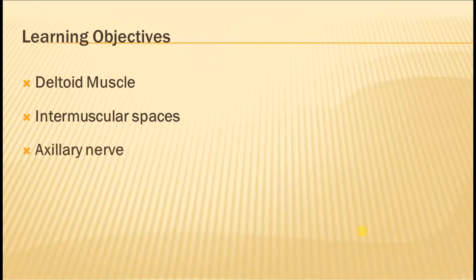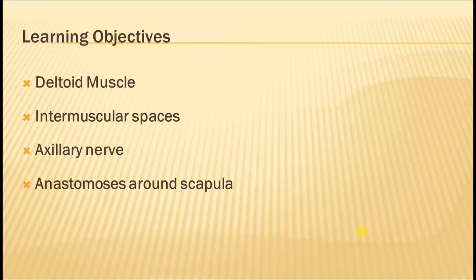Followed by this, I will be talking about the axillary nerve, the branches of the axillary nerve, the structures supplied by the axillary nerve, then about the anastomosis around the scapula, that is mainly the arterial anastomosis around the scapula, then of course the applied anatomy of all the above mentioned structures. Okay, so since I have listed out the objectives of this class, so now I will move to these topics